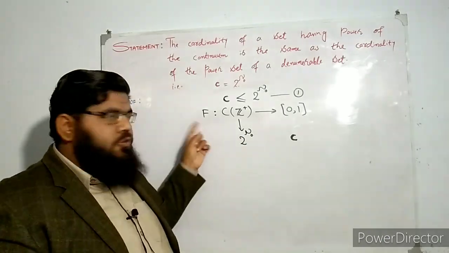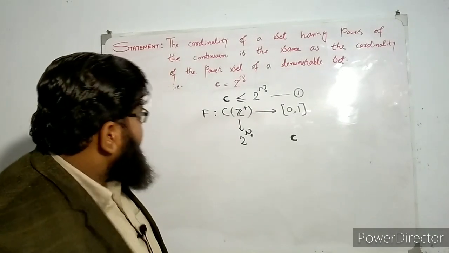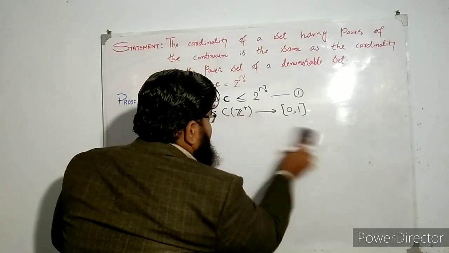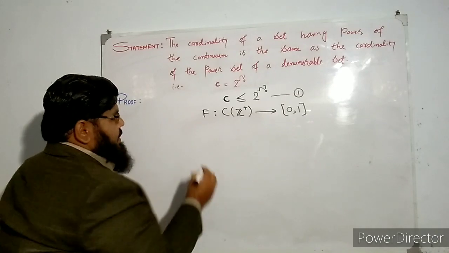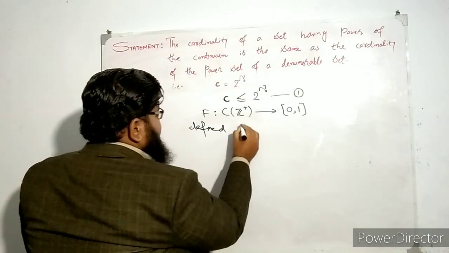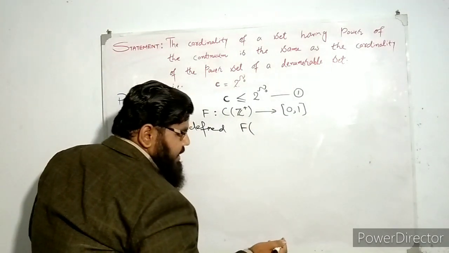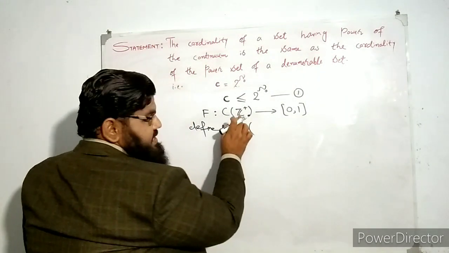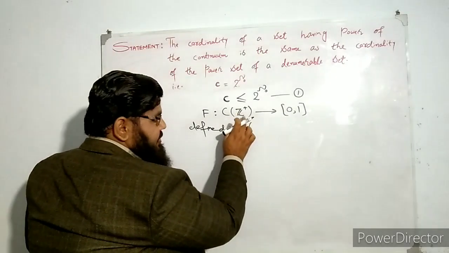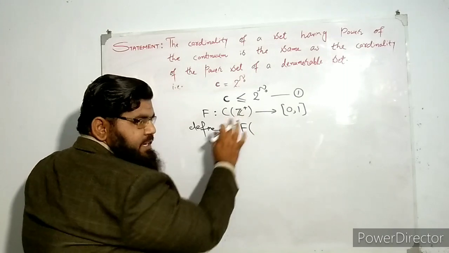For that I am going to use this function. Let me introduce the mapping. How is it defined? It is defined so that when F applies on any characteristic function, because this is the class of characteristic functions defined on the set of positive integers,